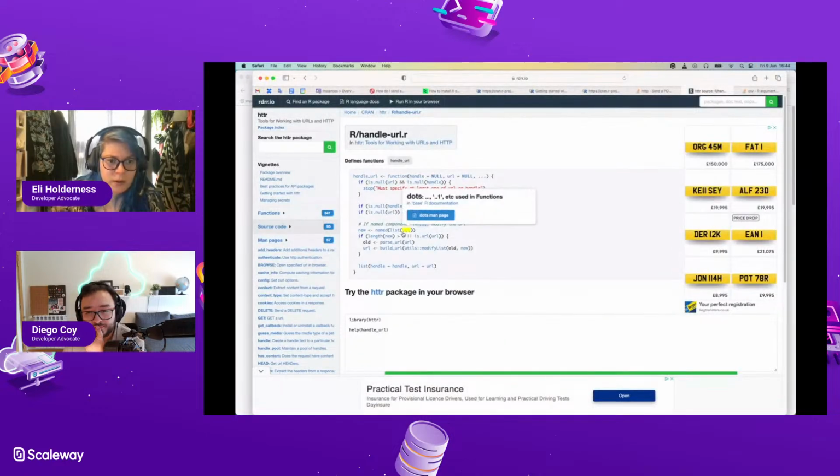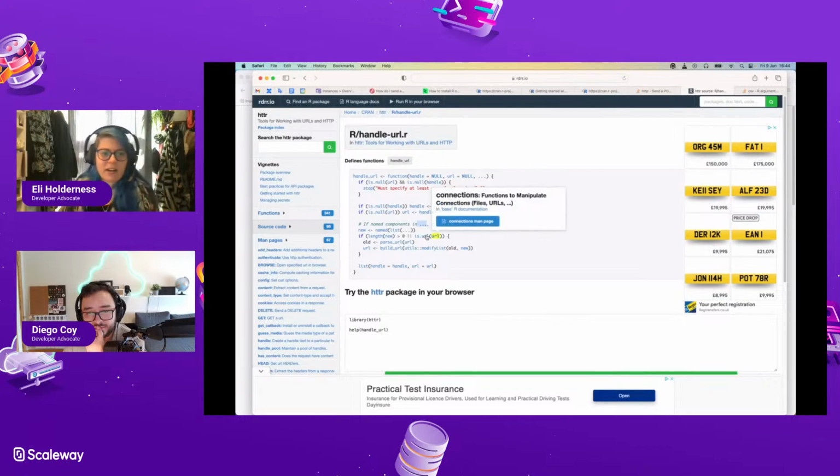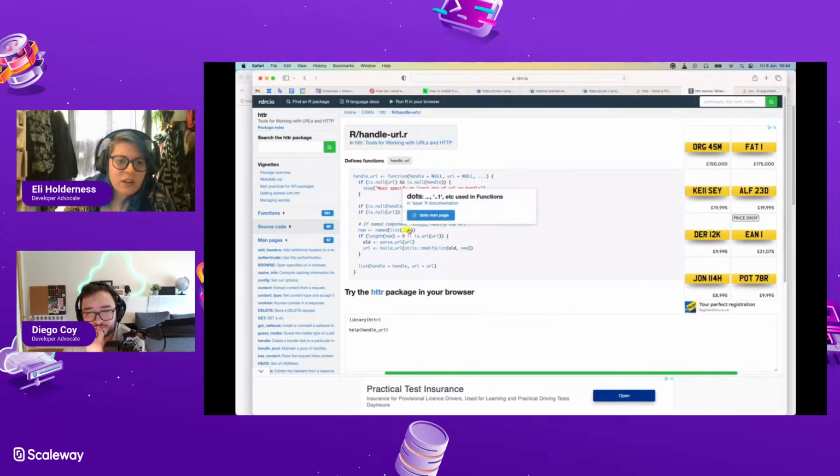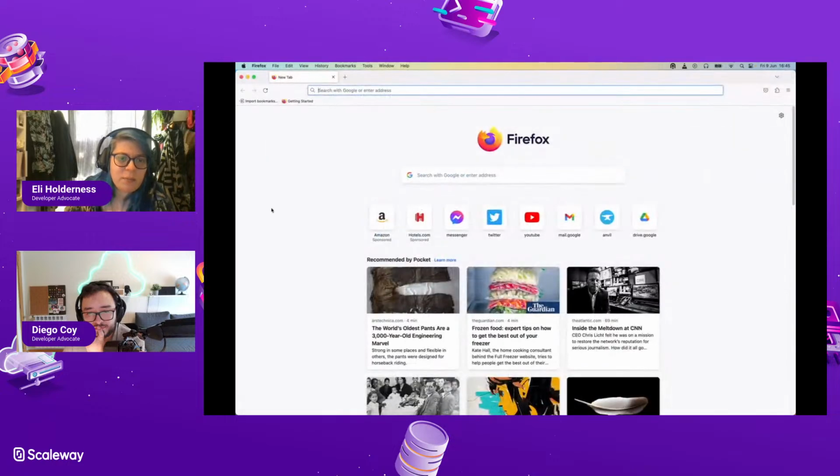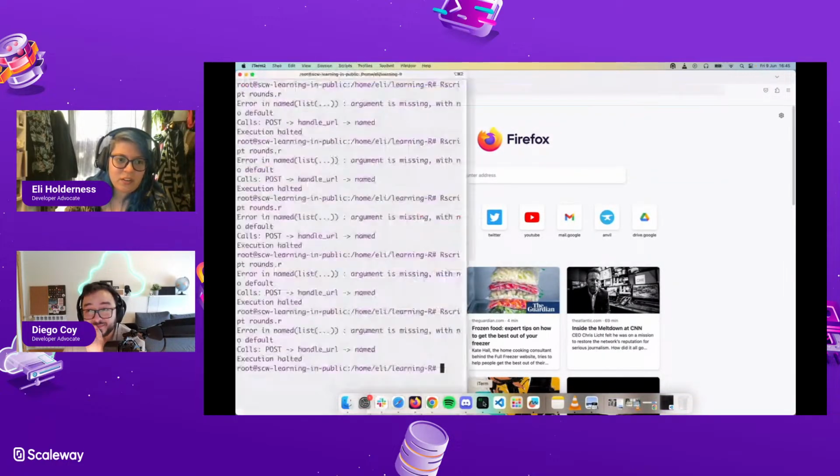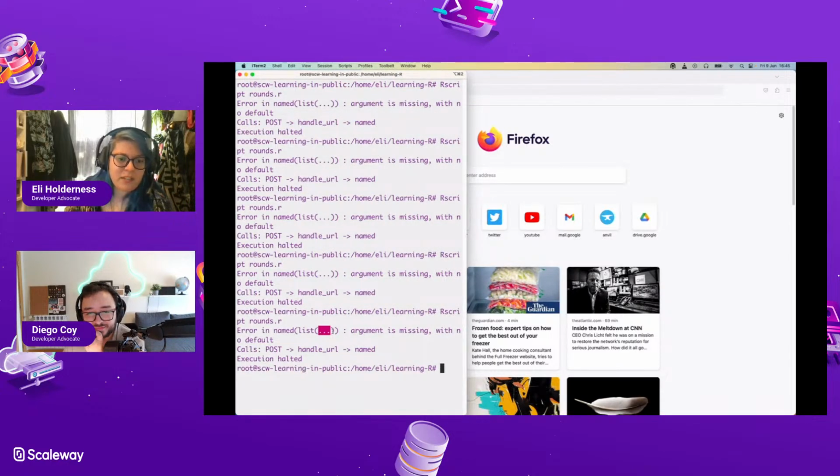No. If named list, and it's saying that there's nothing in here. That's what that error is saying, an error in named list. It's not supplied arguments to that. That's so strange. Argument is missing with no default.